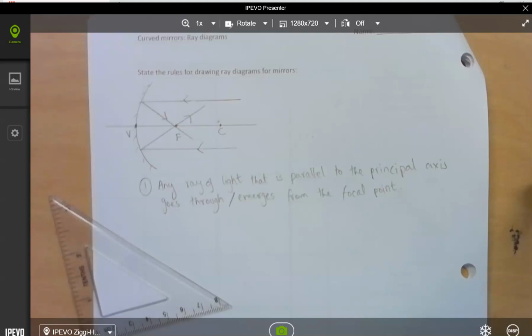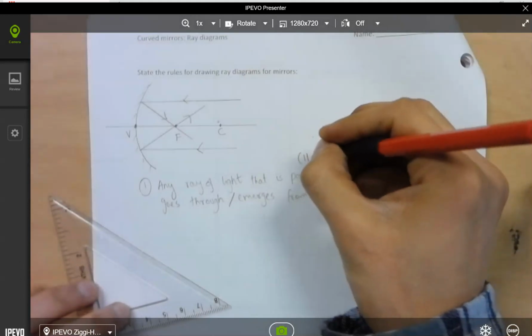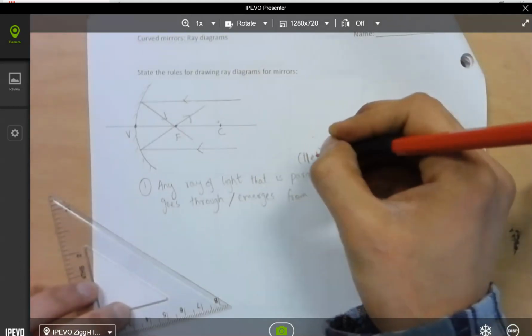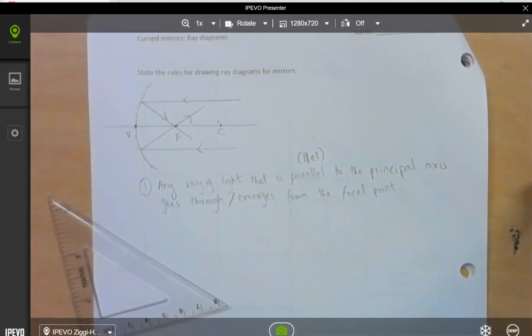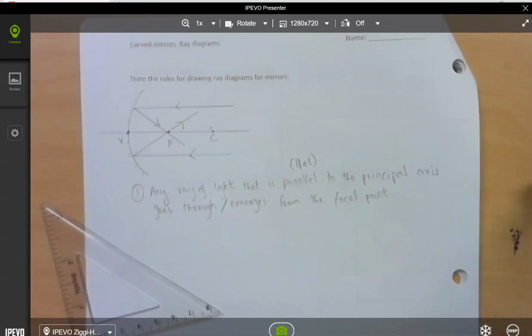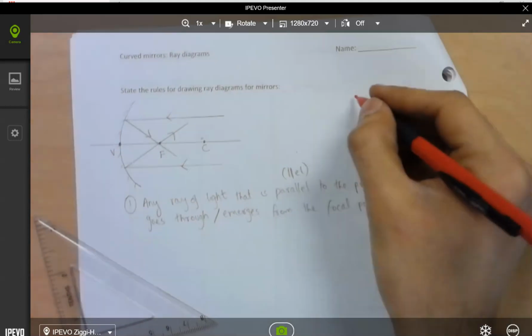okay, this sign means parallel. I'm drawing two parallel lines and writing EL. That's like the short form for parallel, in case you were wondering what that is. I like short forms. Short forms are always fun. So I'm going to put that in here too. Those are two parallel lines, and then EL for parallel. Okay? So the first one is coming in parallel to principal axis, and it goes through the focal point. So how does this translate to a